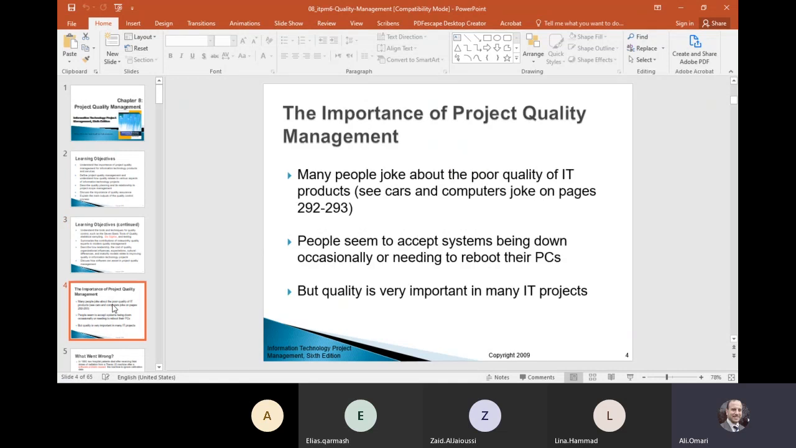Why is it important to measure quality in our project? There is always rejection when there is a problem in your project, and it is relevant to customer satisfaction. When you manage a project, you are trying to satisfy your stakeholder. So quality